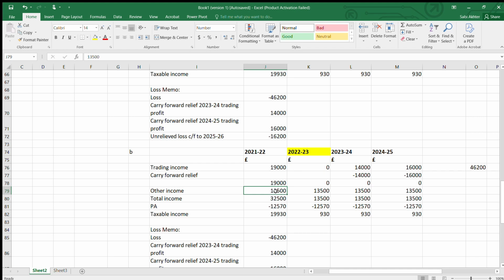Remember, when we are relieving against the total income, make sure that in the current year and the previous year, you are not wasting any of your personal allowance. So you have to get this full personal allowance. Okay? You have to utilize it in such a way. So here,